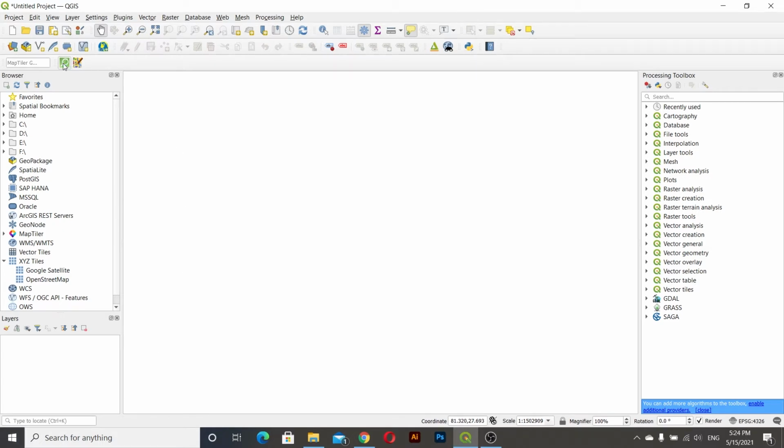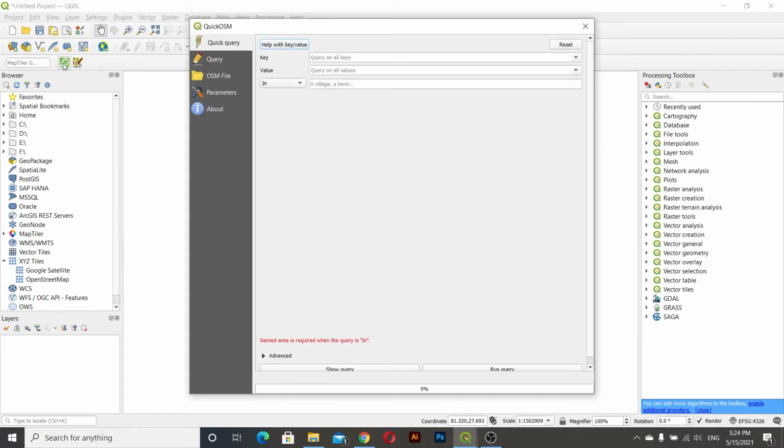For this, we'll download the data of schools of Pokhara. For the key, we'll use amenity, and for value, we'll use school. And then after that, we'll download all the data in Pokhara.